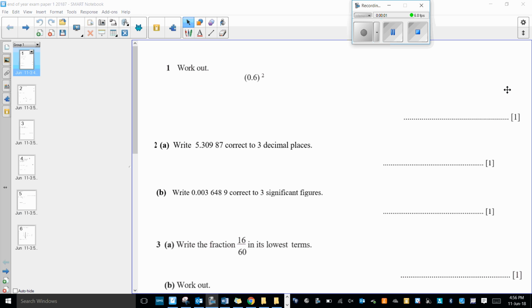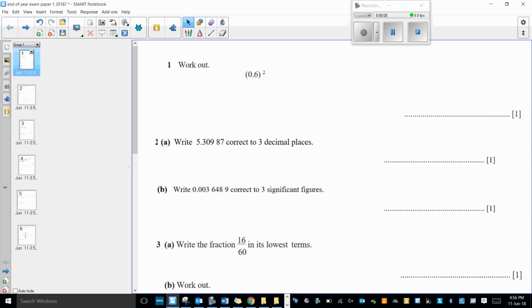Squared, so 0.6 and 0.6 is 0.36. If you want to do 6 times 6, you get 36, but you know it's got 2 decimal places, or you know it's got to be less than 1, because less than 1 squared is less than 1. Okay, to 3 decimal places, so you count 1, 2, 3, look to the digit to the right because that's an 8. We're going to write